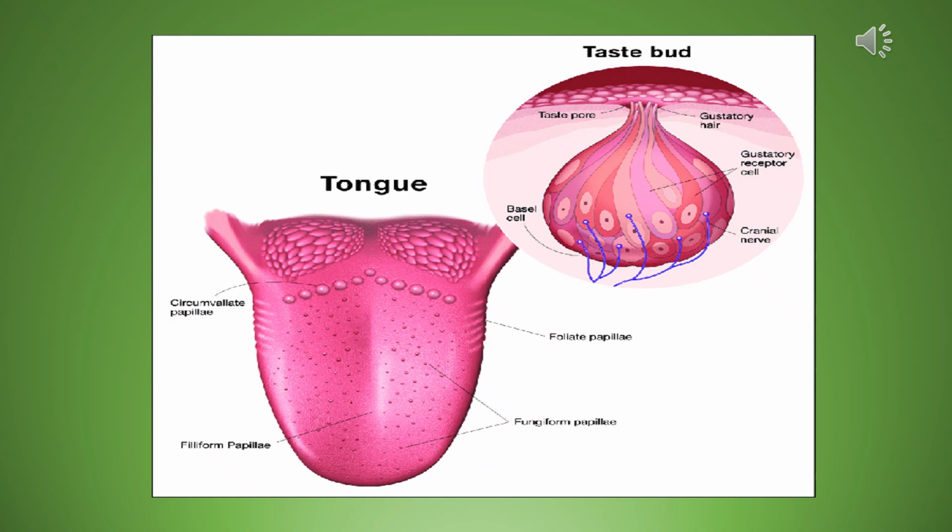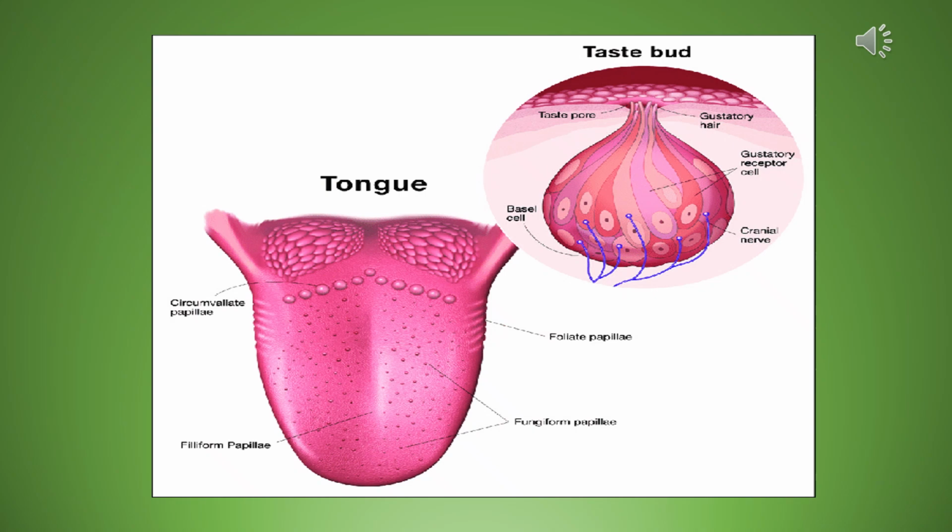So we have in the taste bud 2 other cell types. Notice the taste receptor or the gustatory receptor cell is colored purple or lavender. Well, we also have some that are colored kind of pink, and down at the bottom we have some round shaped cells. Well, they are also important here. The pink colored cells are simply called supporting cells. And then down at the bottom, those big round shaped cells, they're called basal cells.